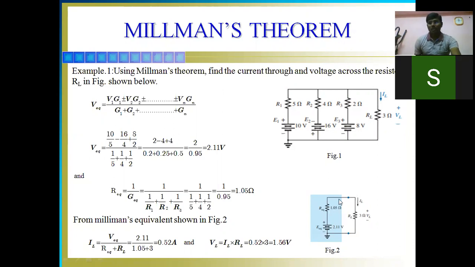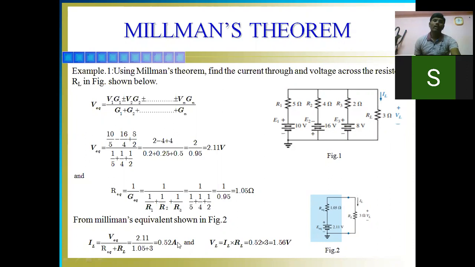So, you should connect the load resistance in series with the Millman equivalent. From this simple series circuit, we can find IL, where IL is equal to V equivalent by R equivalent plus RL, where V equivalent is equal to 2.11, R equivalent is 1.05, plus RL is equal to 3, which gives 0.52